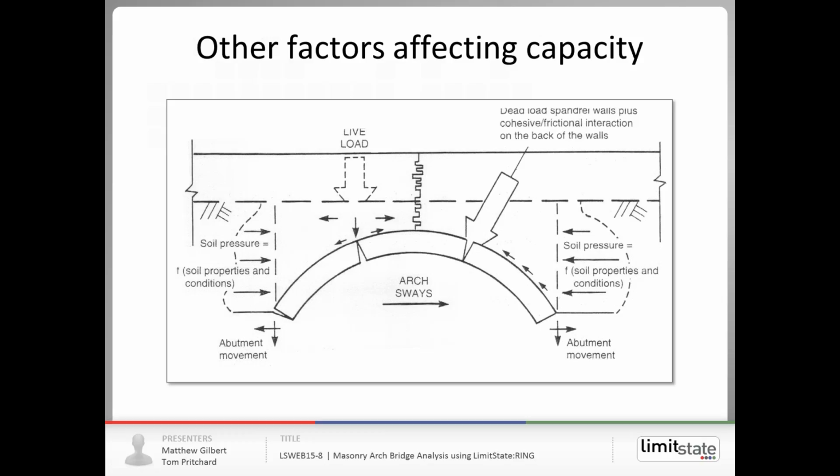So we focused on the arch barrel. There are clearly other things, very important things, which affect capacity. So in reality, we have an external live load, typically from a road or rail vehicle, and that will disperse load through the fill onto the arch barrel. And we also have the dead weight of soil, infill or backfill on top of the arch. And we also have potentially